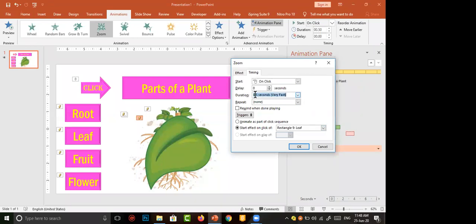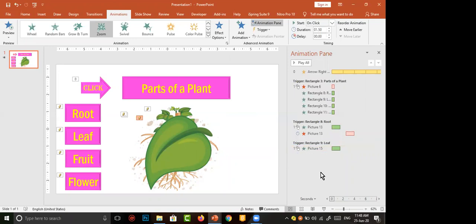I select, I'm going to type 1.5 seconds, then click on OK. Just see the length of this rectangle and the length of this rectangle. It means how long this animation happens. For the same time, this animation also happens.